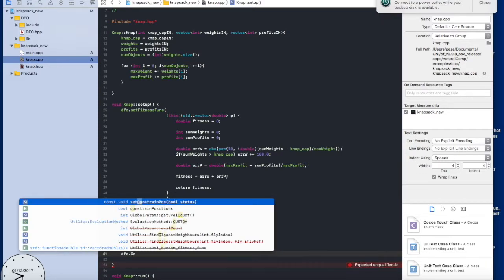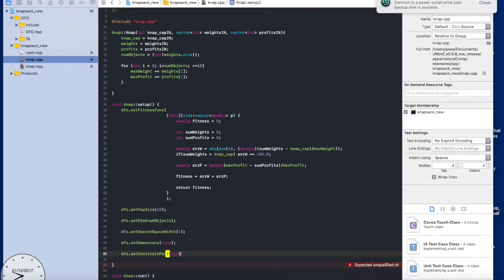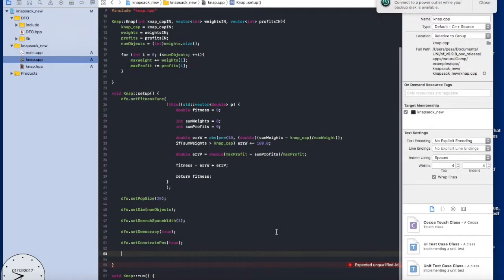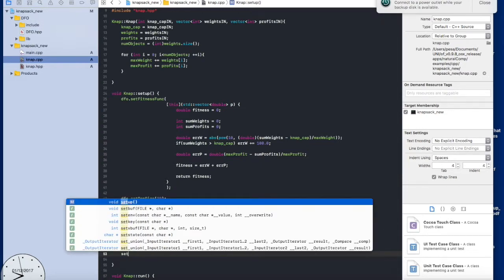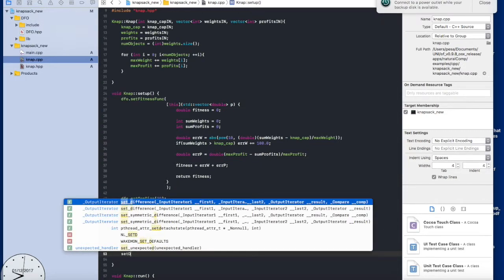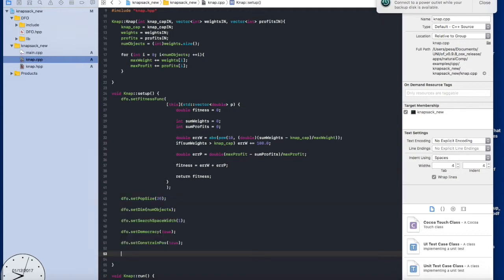We also want to constrain the flies, because the coordinates of each solution vector will be between 0 and 1, and we don't want them to exceed 1 or go below 0, because it makes no sense and it could create confusion. So we constrain our flies' positions,